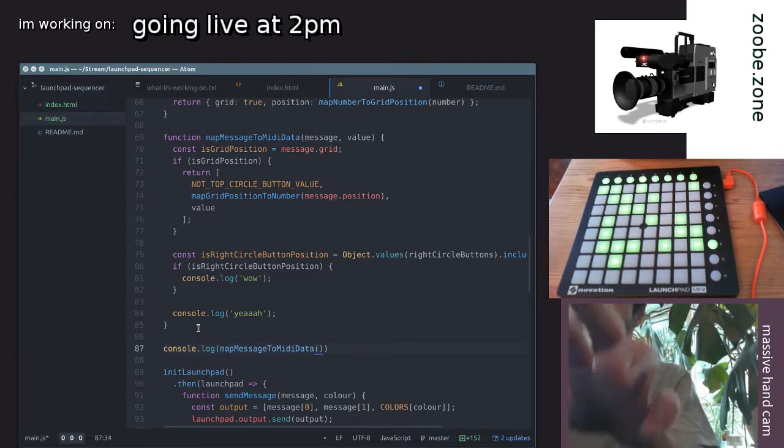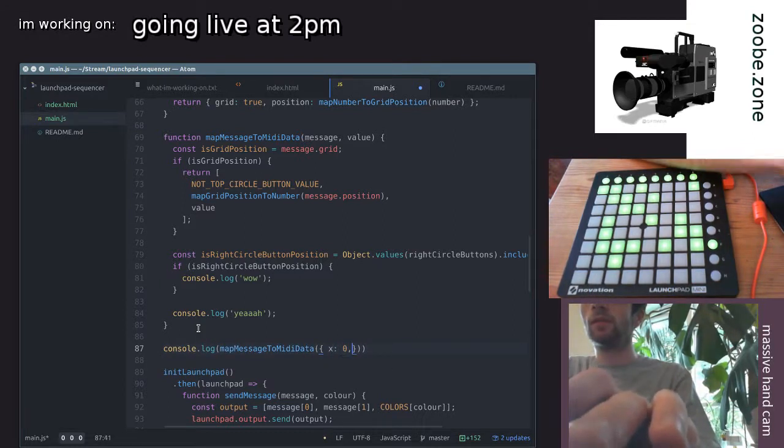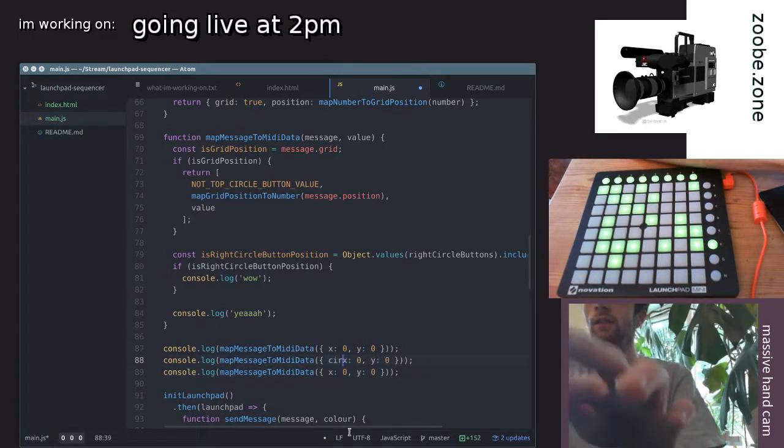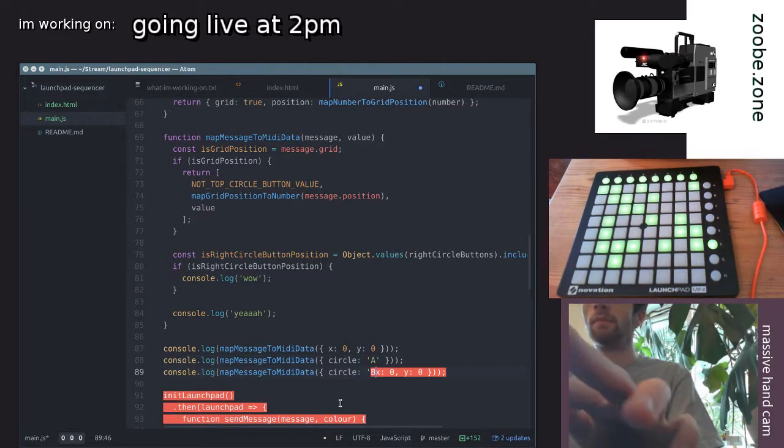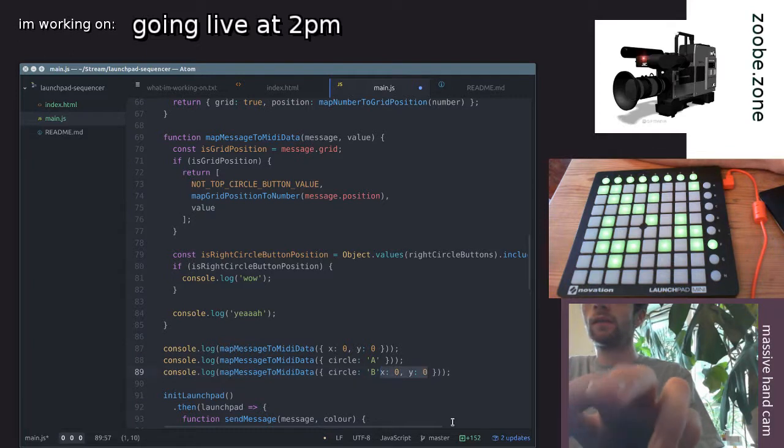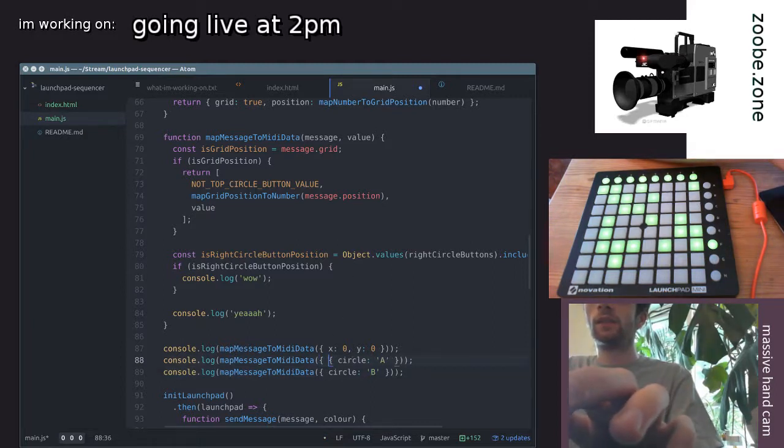So, 0, y, 0, and then we're gonna have circle A, and then circle B, and then this is also going to be, oh no, this is position, sorry, so it's circle true